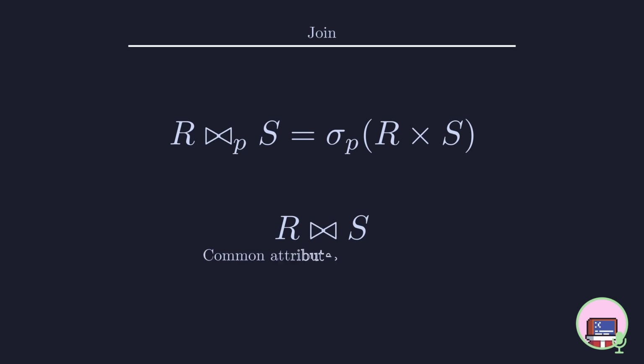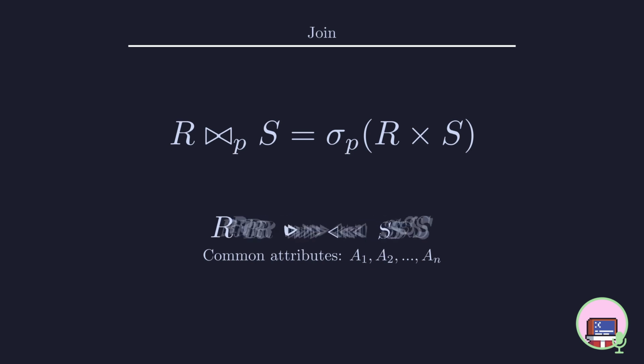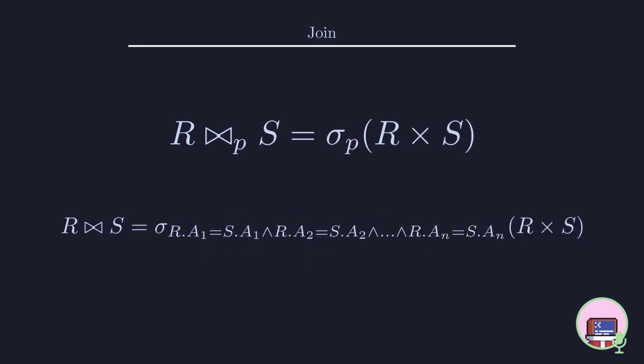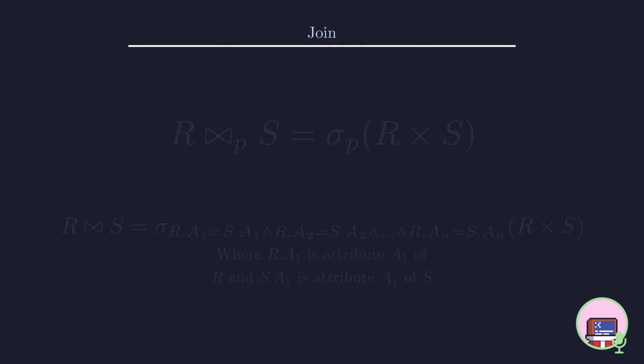If we define A1 through AN to be the common attributes between R and S, then the natural join can be defined as follows. We select on the condition that the value associated with each corresponding attribute of R and S is equal. Sadly, this requires us to introduce additional notation to differentiate R's attributes from S's attributes. But if we don't want to introduce some additional notation, the natural join can still be defined using the 6